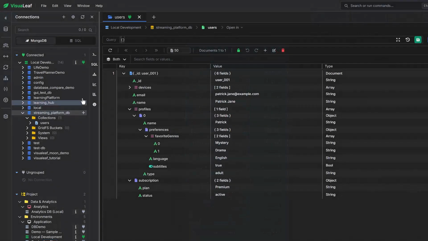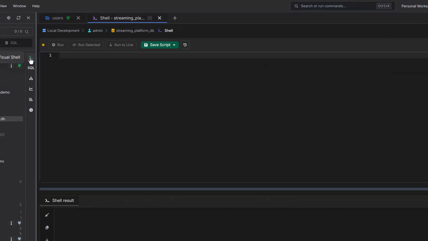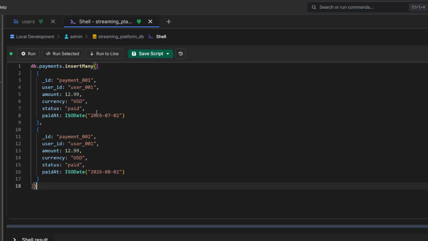Now let's create a referenced collection. I'll use payments as the example. A user can have many payments, so I don't want to store all of them inside the user document. Instead, I create a separate payments collection. Both payments have user ID,